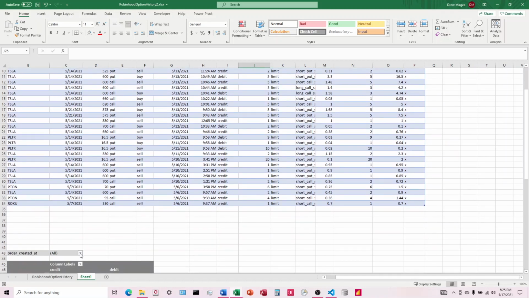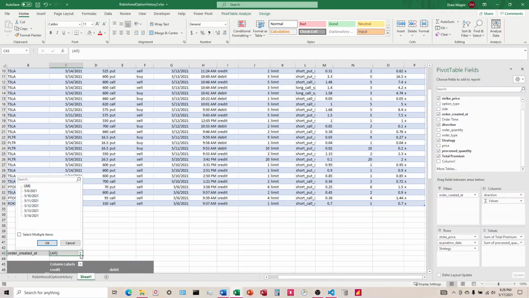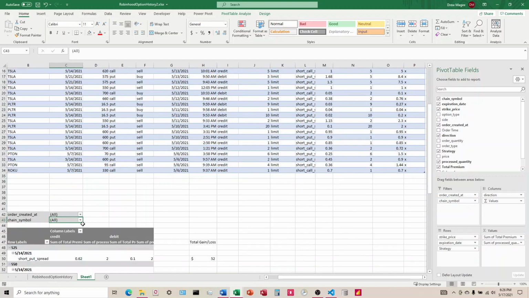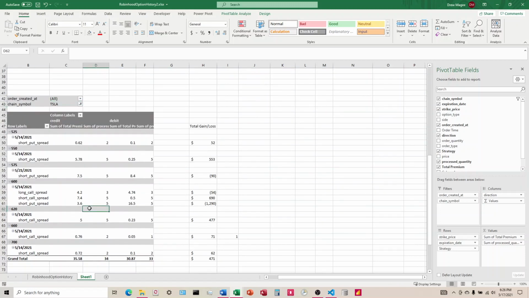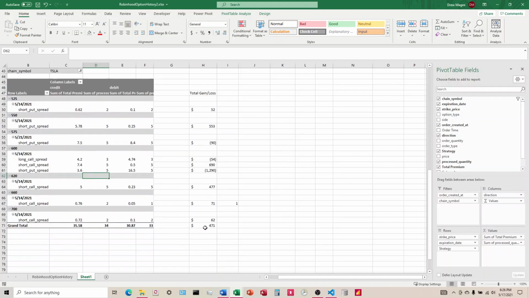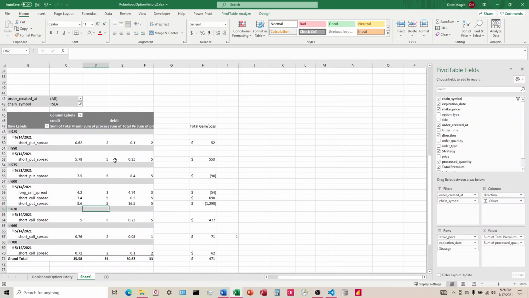Even if I bring all this in and then I say I just want to see Tesla now, I can change the symbol, and choose Tesla, and that would just show me Tesla. So anyway, that is how you do